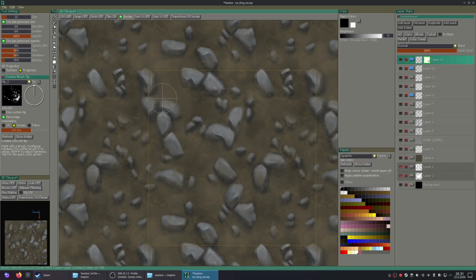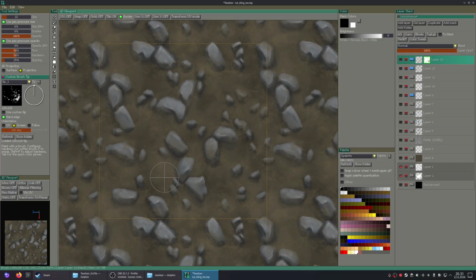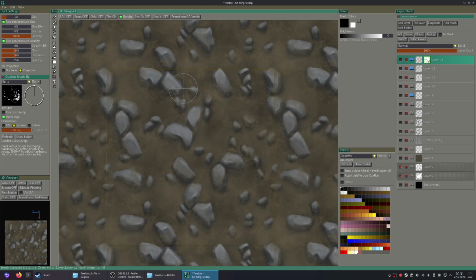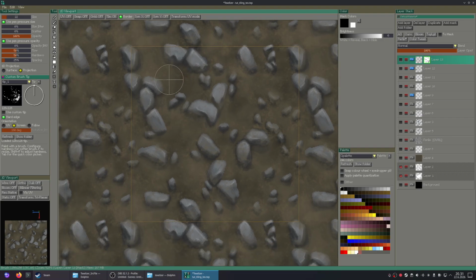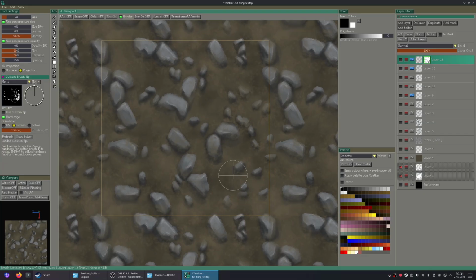So yeah, now I'm just brushing black onto the mask, which I just made, taking it off so that it's not so uniform and it's a bit more organic again, because that's what I like.